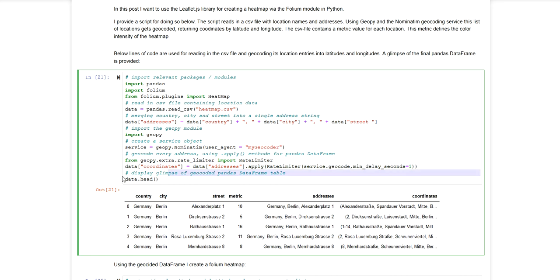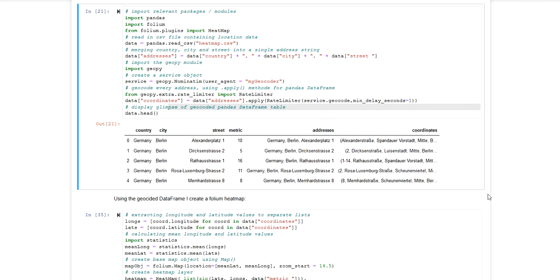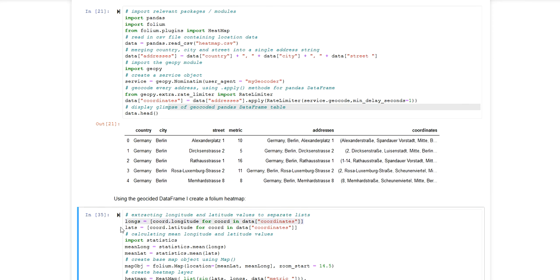I'm also displaying here the header of the data frame resulting from this workflow. As you can see, it contains, for example, the address strings, and then in a separate column, the coordinates column that contains in each row a location object. This location object contains, amongst other things, longitude and latitude data, which are attributes of this Geopy location data type. To make this more clear, I'm extracting the longitude and latitude scores of all the locations in my data frame